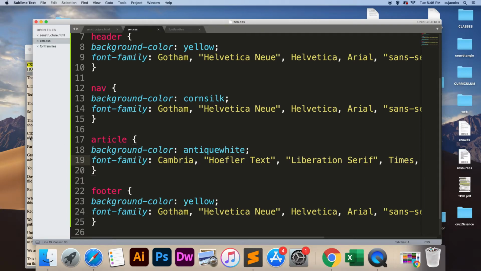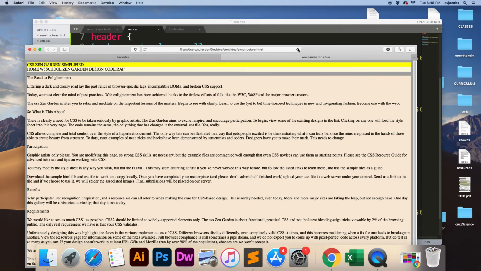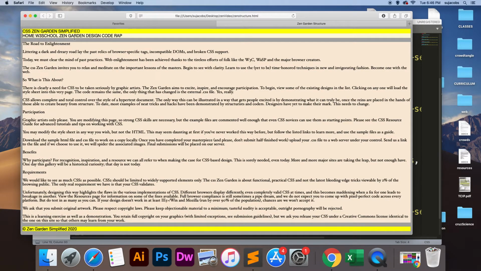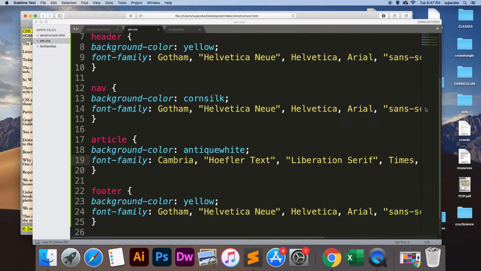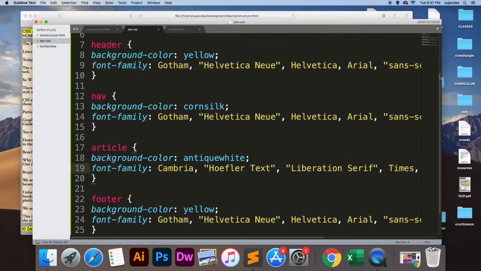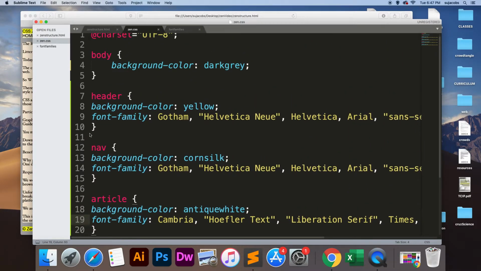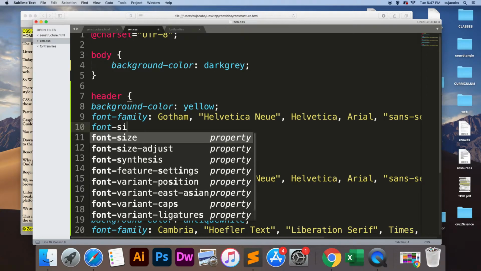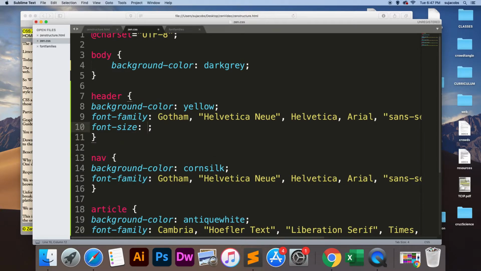Okay, I'm going to go reload my page. Oh, very good. Now I'm going to do two things. The sans serif fonts are going to be bold, and I'm going to change the size. Okay, so for the header, I accidentally got rid of that. I didn't mean to. Okay, so I'm going to say font size, and there's a few ways to specify font